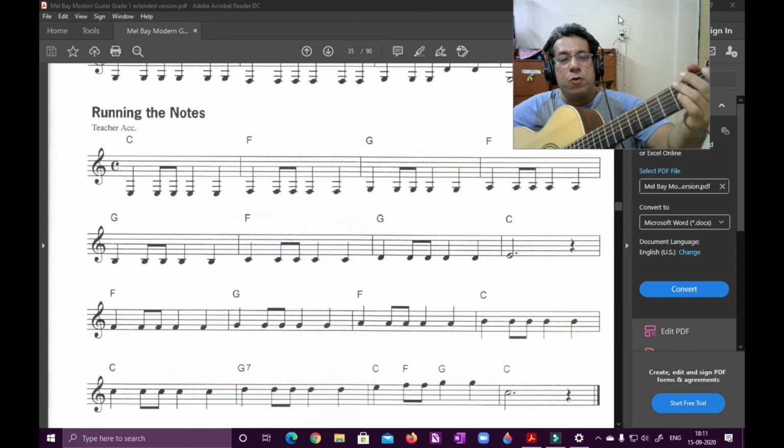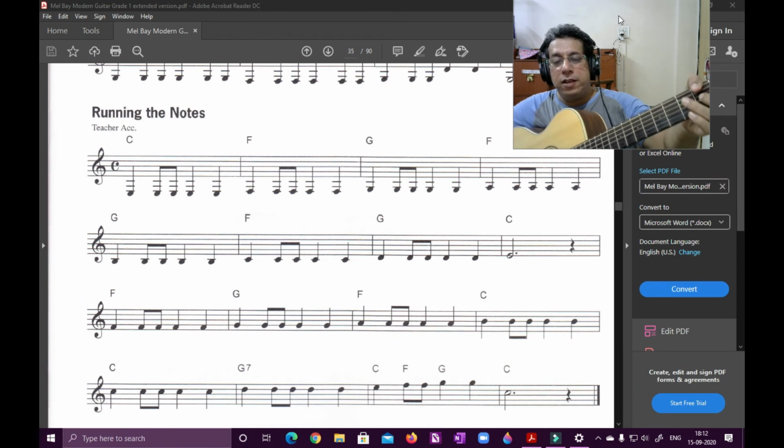So basically we are running through all the notes starting from E. E, F, F, F, F, F, G, G, then A, B, C, D, E. Then we go to the third line starting on F. F, F, F, F, F, G, G, G, G, G, then A, then B, B, B, then C. On the last line, beginning is C, then D. Now the second last bar, E, F, F, G, G, and back to C.